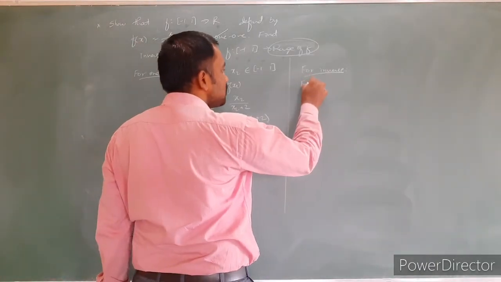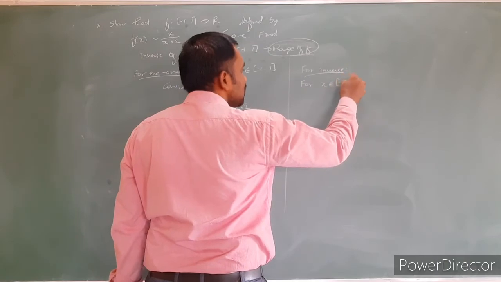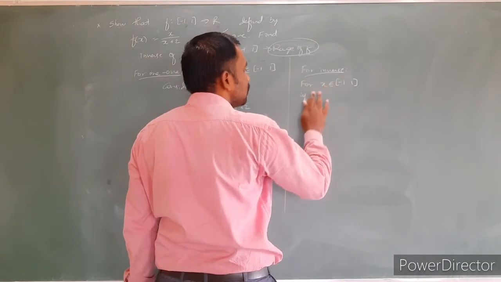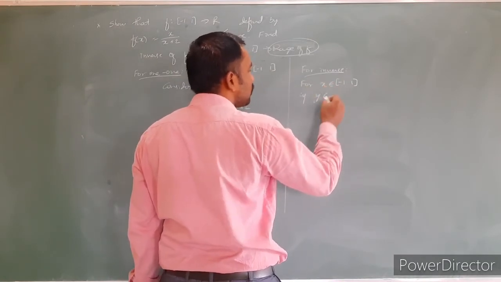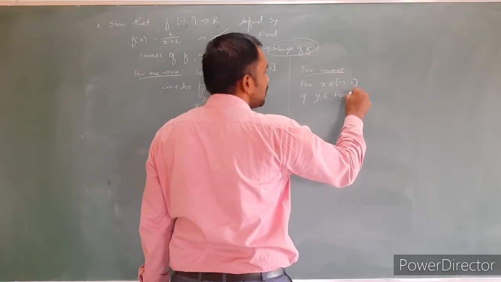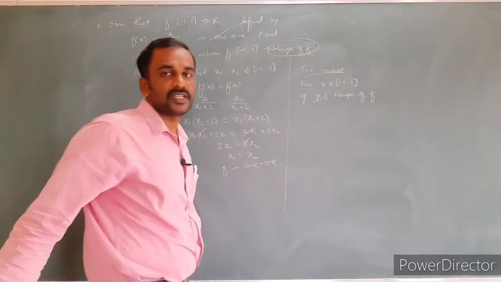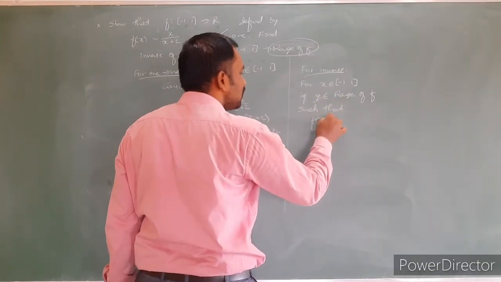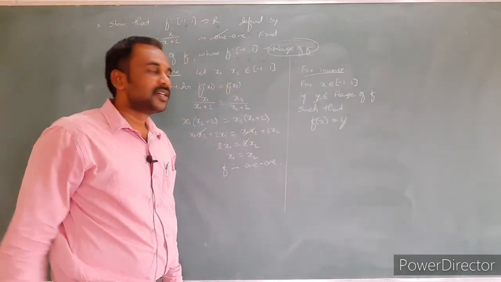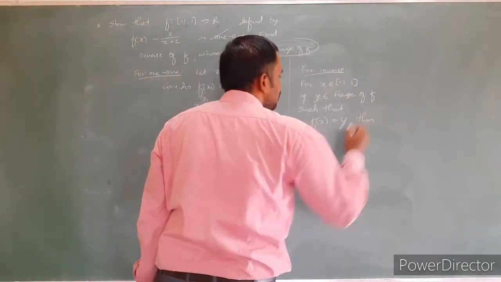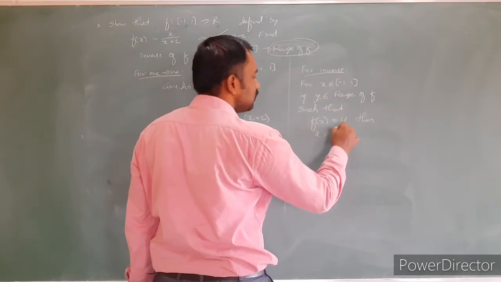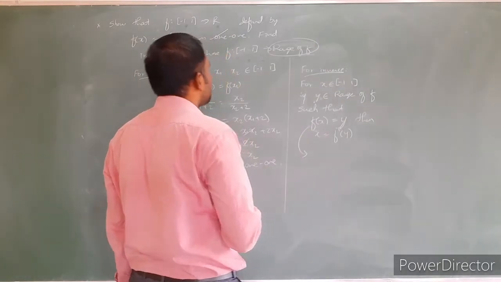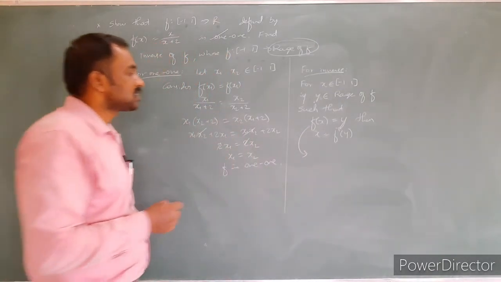Directly, the inverse. What is the definition of inverse? For any element x belonging to the domain set minus 1 comma 1, if y is present in the codomain set, which here is the range of the function f, such that it satisfies the condition f of x is equal to y, then x is equal to f inverse of y, which is the required inverse. So f of x, I will simplify this one. What is f of x? f of x is nothing but what?